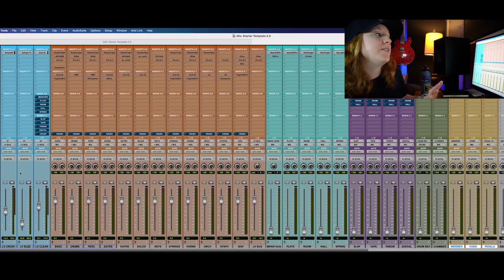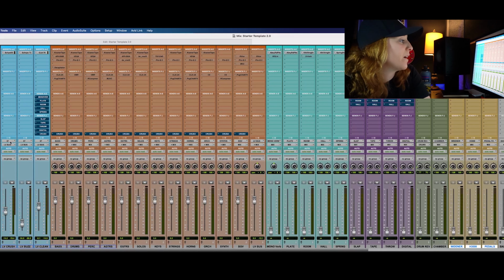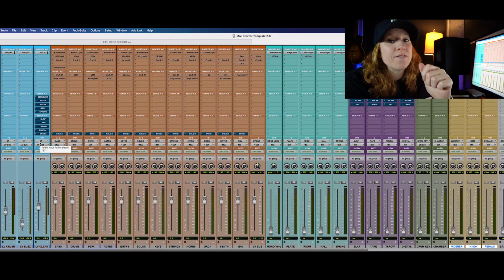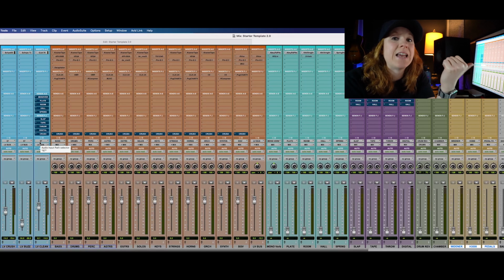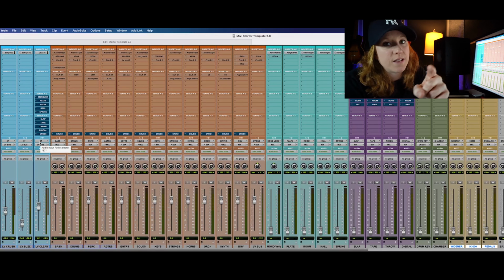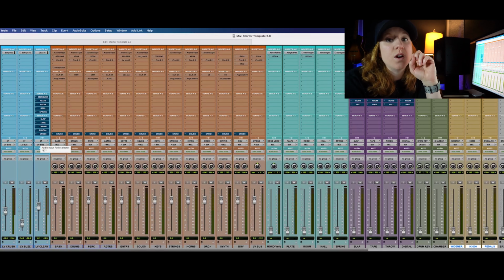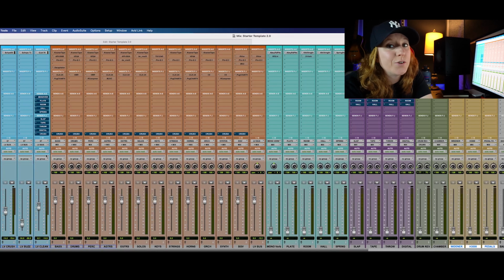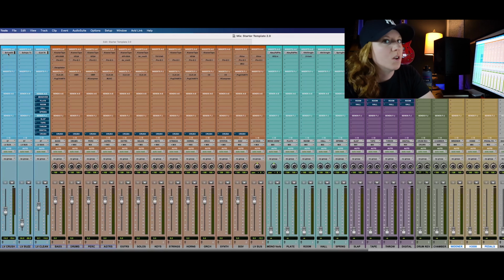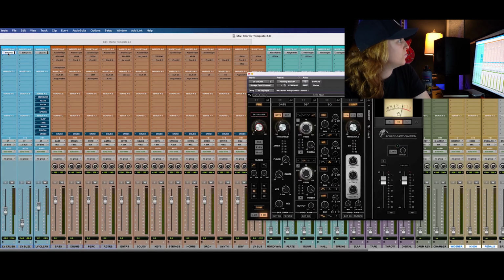So again, we've got the 3 parallel processing tracks here. I've got everything going out the same bus 67. If you have a second lead vocal, I've got bus 68 open, so you can just assign another set to bus 68. And all you'll do is just duplicate all 3 of these and set the input to bus 68. So for the plugins here, I have used the Shep's Omni channel for our crush,